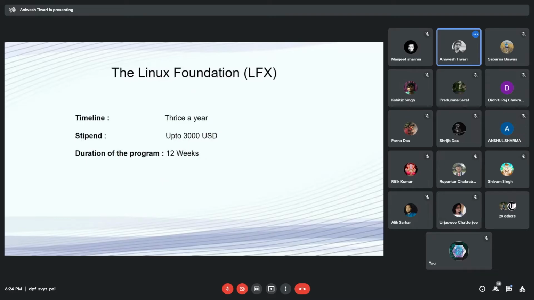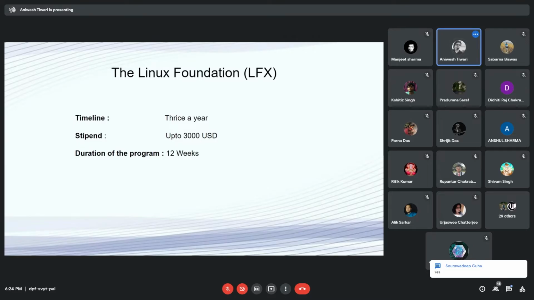Our next is the Linux Foundation. For the students from Siliguri Institute of Technology, I think you all know that one of your seniors, Nivedita Prasad, got selected for LFX this year. It happens thrice a year.